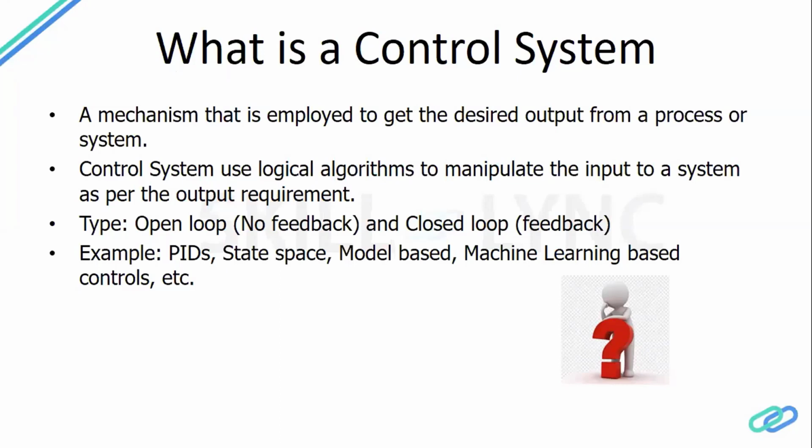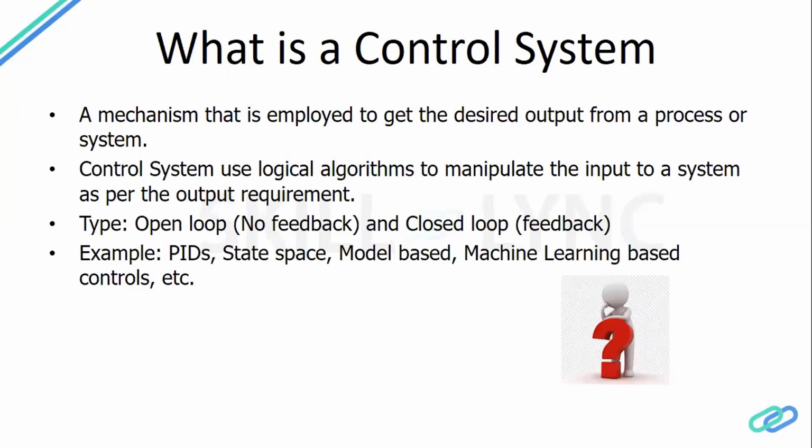An open loop control system doesn't have any kind of feedback. You just start the machine and it will keep going on. It doesn't know whether it has reached the desired output or not. For example, consider again your laptop screen. You want to move the screen to a 20-degree angle, you put in the input, but the system won't know: is it 20 degrees? Did it reach there?